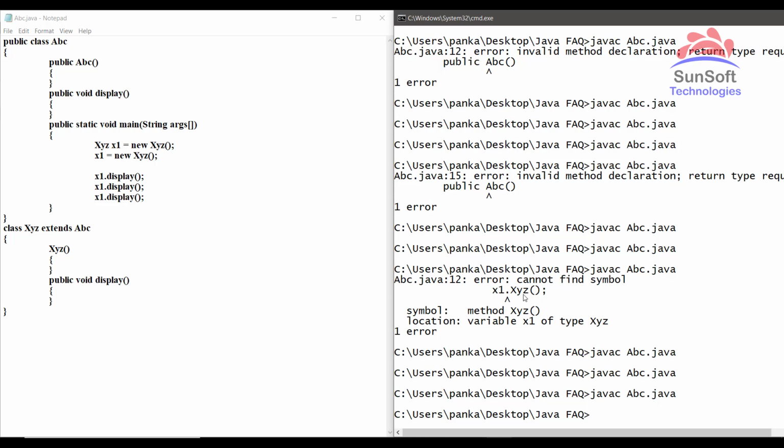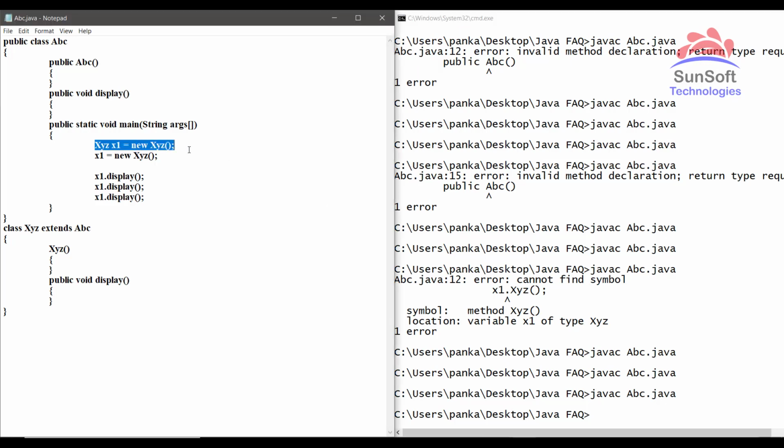So a constructor is called only once per object, that too in the beginning at the time of creation of the object, whereas methods can be called n number of times on a single object. Hence put the logic which you want to get executed only once at the time of creation in the constructor, and put the logic which you want to execute multiple times on an object in a method. Fine. So this is about the differences.